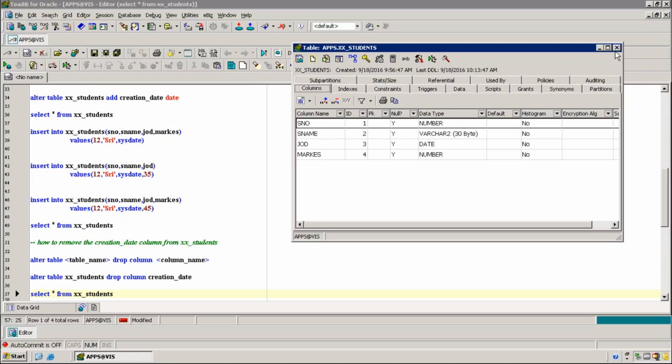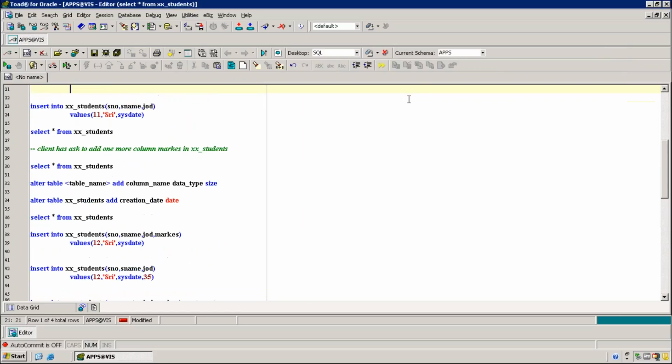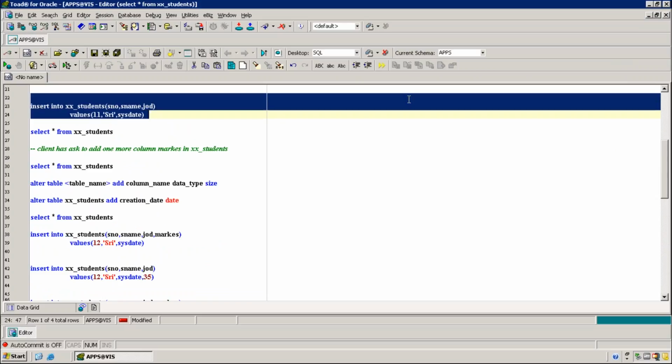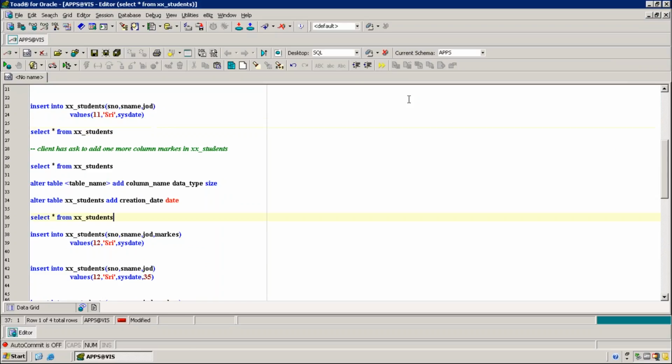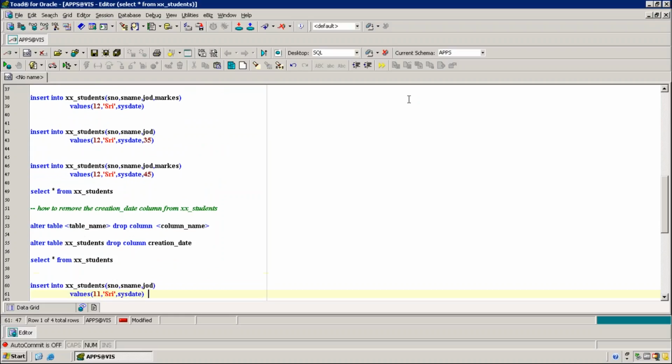Okay. Now I'm trying to insert some data. Insert into table name, I'm trying to insert the data into the table, right? What is the name? This is the name. The number is going to be 13. The name it is going to be